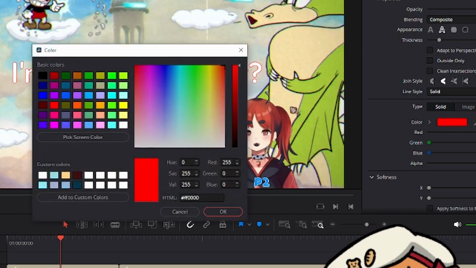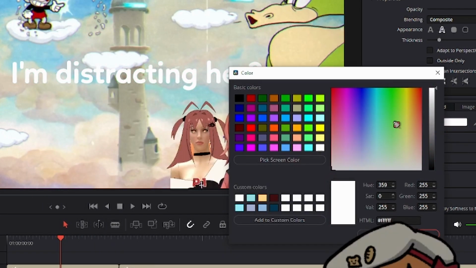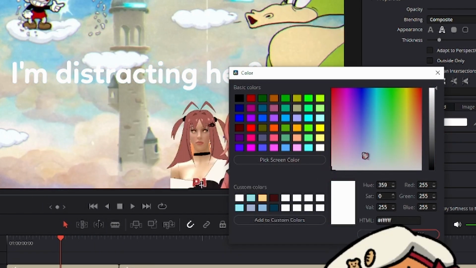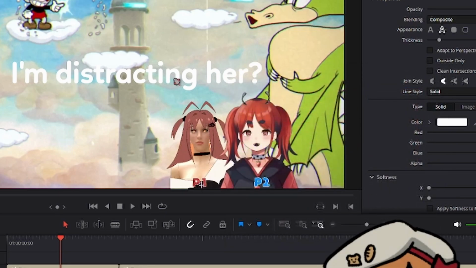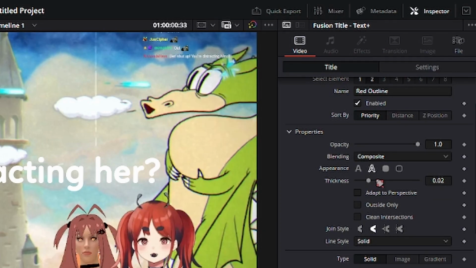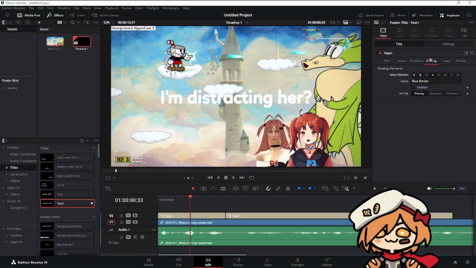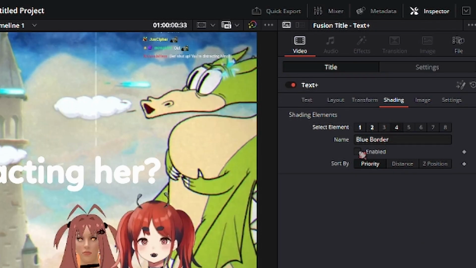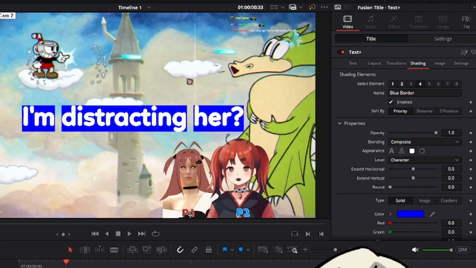I would change the outline to the white color by just dragging the color picker down here, and you can see it's slightly thicker now. If you wanted to make it even thicker, you can drag it on this slider. Then, for example, if I wanted to add a black outline, I would go to layer 4, because layer 3 is a drop shadow. Go into layer 4, press enable, do the exact same thing,